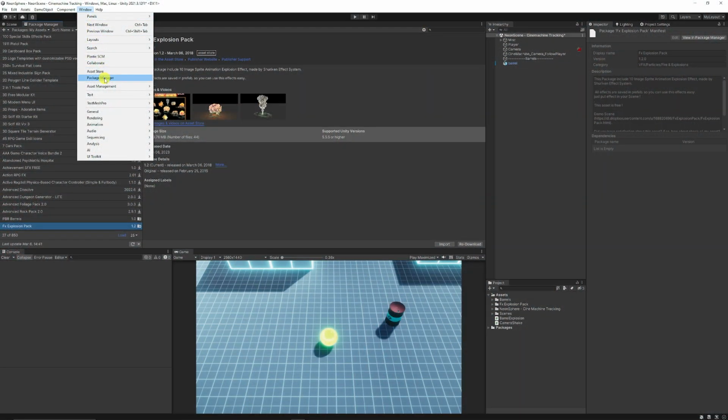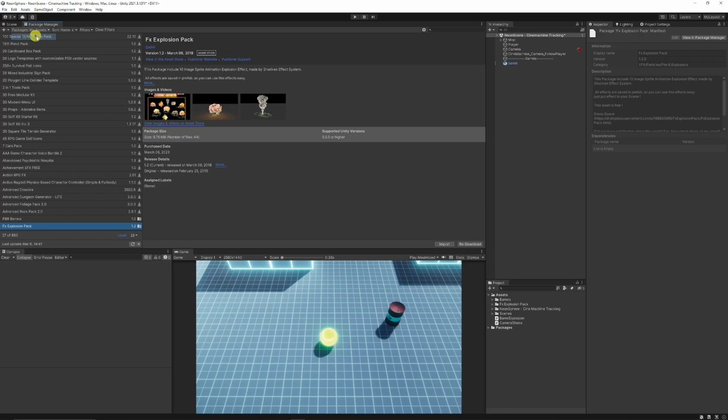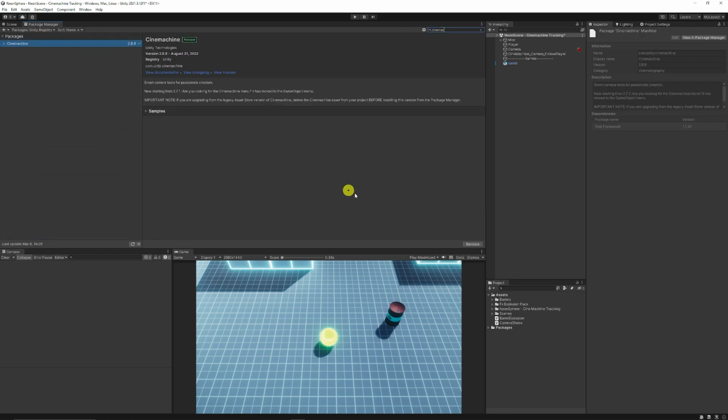Go to Window and Package Manager and make sure that you filter by Unity Registry and type in Cinemachine and make